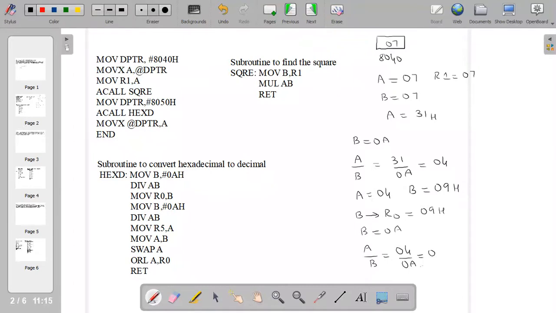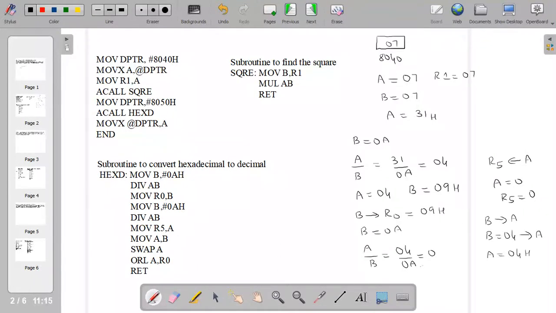And the register R5 is loaded with the content of A. A is having 0 value, so R5 will have 0 value. And then we move the content of B to A, that is B is having the remainder, 04, which is moved to A. So we get A as 04H.